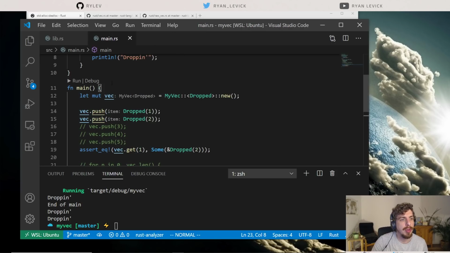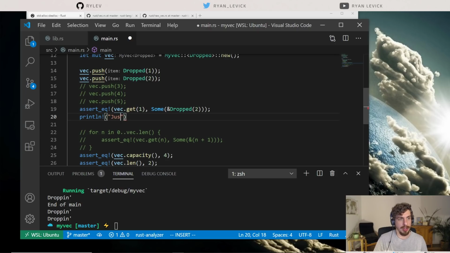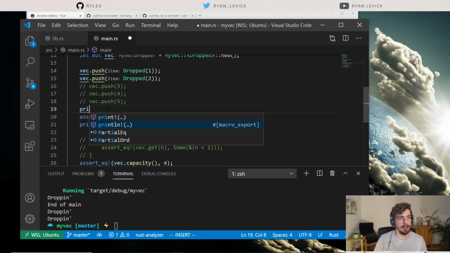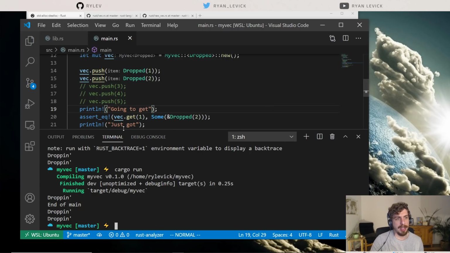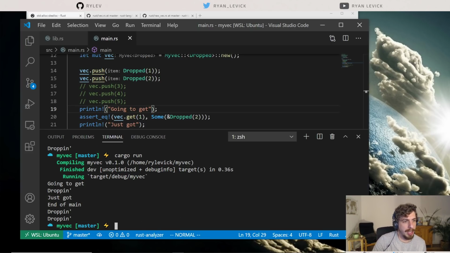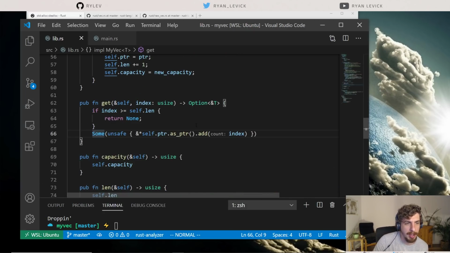Let's go into get here. Just got. I'm going to get. And my assumption is that we shall see going to get, drop-in, just got. Going to get, drop-in, just got. Exactly. So we have the same issue that we talked about before, where when we dereference the pointer here, we're